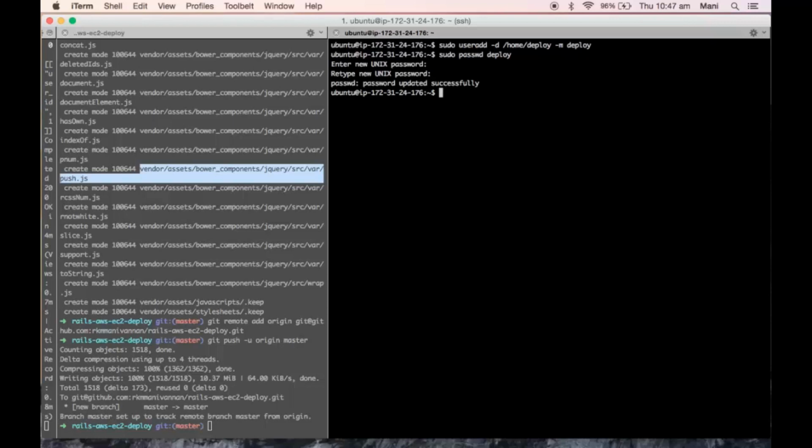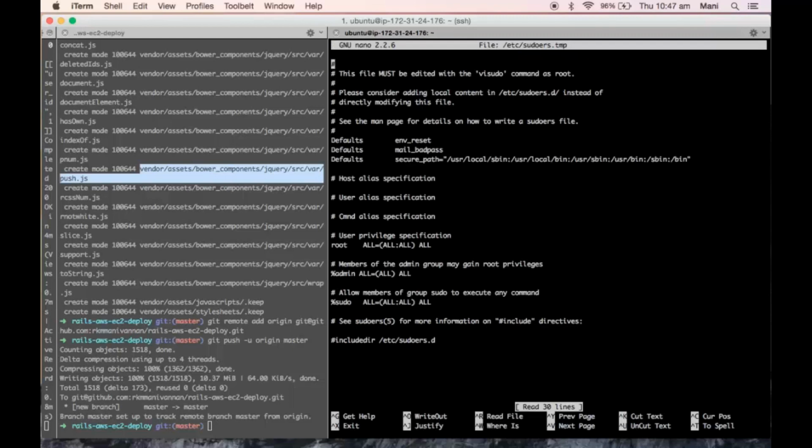Next step is we need to give sudo access to our deploy user. For that, execute sudo. Here, copy this, paste it, and here you need to mention deploy. Deploy is my username, so I am mentioning it here. Now everything is done.